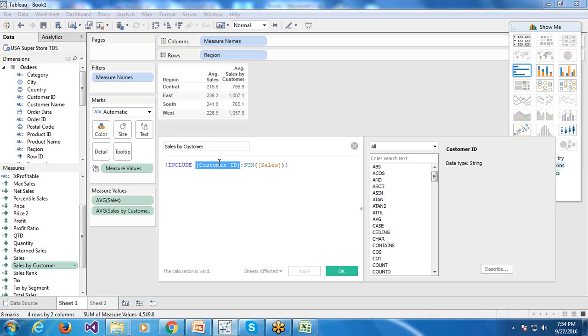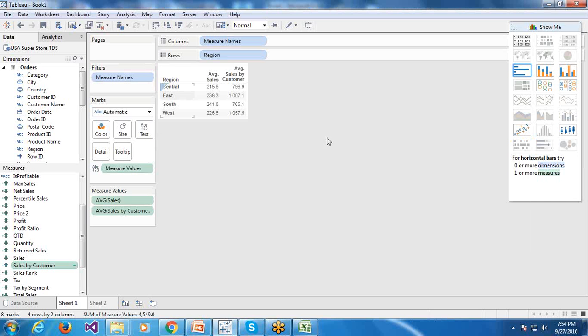You got the difference, right? Let's say in this case it is region. In this case the view granularity is region, right? Yes. Now what I will do is,